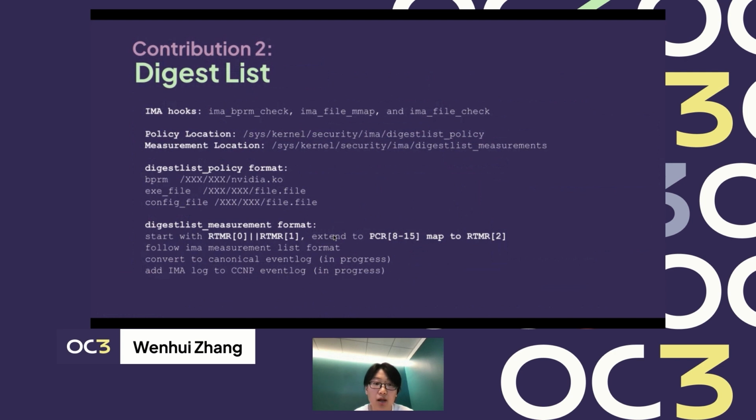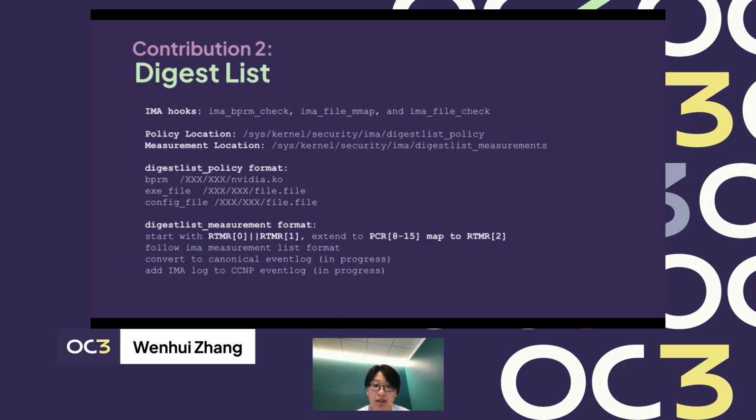And because IMA initially will attest all the components in the Linux kernel, and it supports more than 10 hooks beforehand, we found our trust domain only has configuration files and executables, and also some KO files.